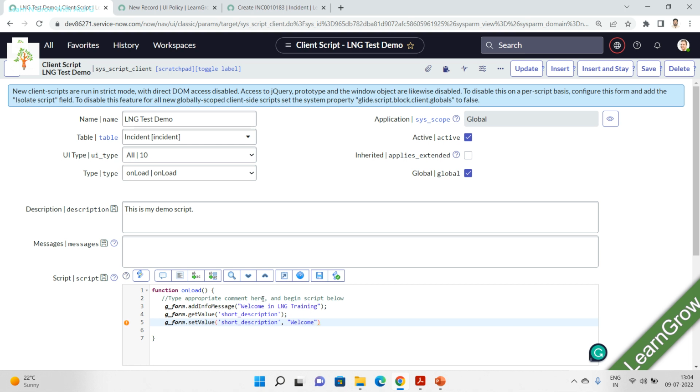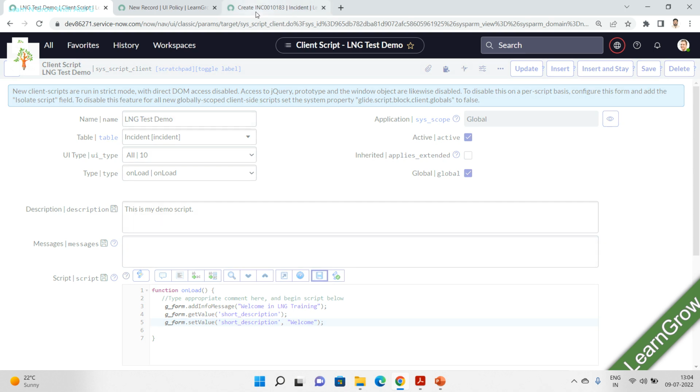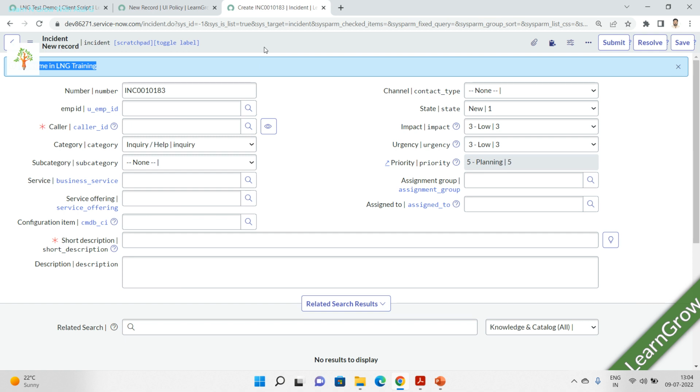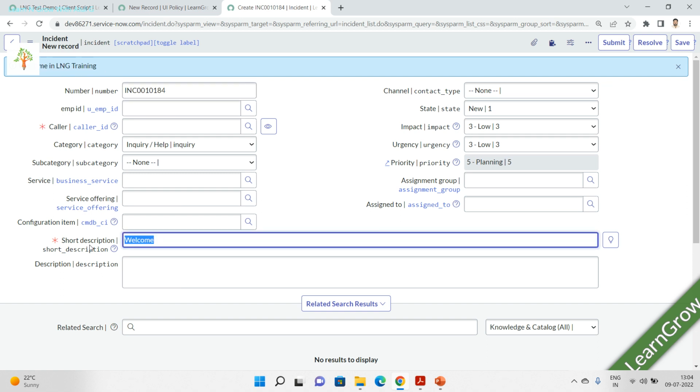Welcome. And let's do this part and let's save it. Now let me go here and reload this page. Let's see what changes happen, because it's an onload now. So now you can see the message is coming and it's setting up the value for me. So you can plan anything which you want to do on the onload, but